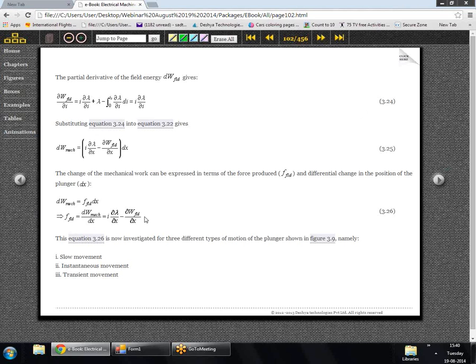So this equation 3.26 gives us how much force is exerted on the moving plunger once we feed a current into the coil. Now if we look at this equation, it is a bit cumbersome to use. It's not that easy to use, and hence we have to simplify equation 3.26 further. To do that, it's very important that we consider various kinds of motion. So if we see that plunger problem, we can have